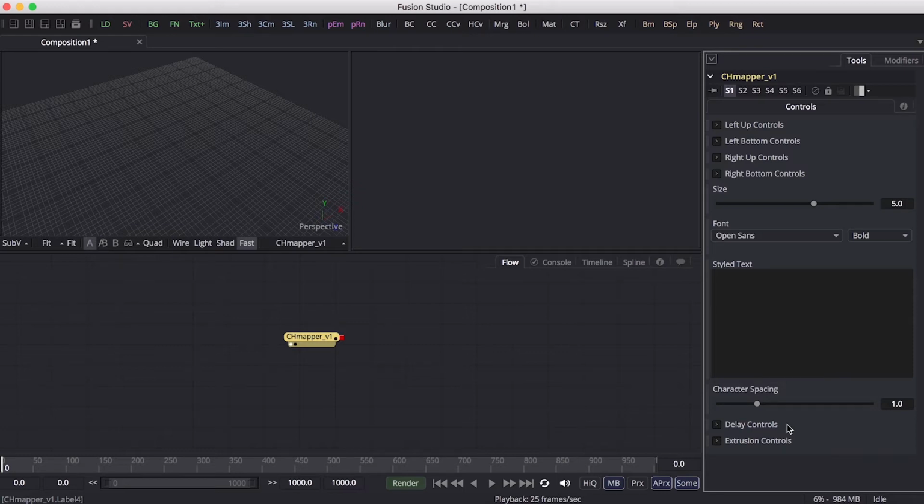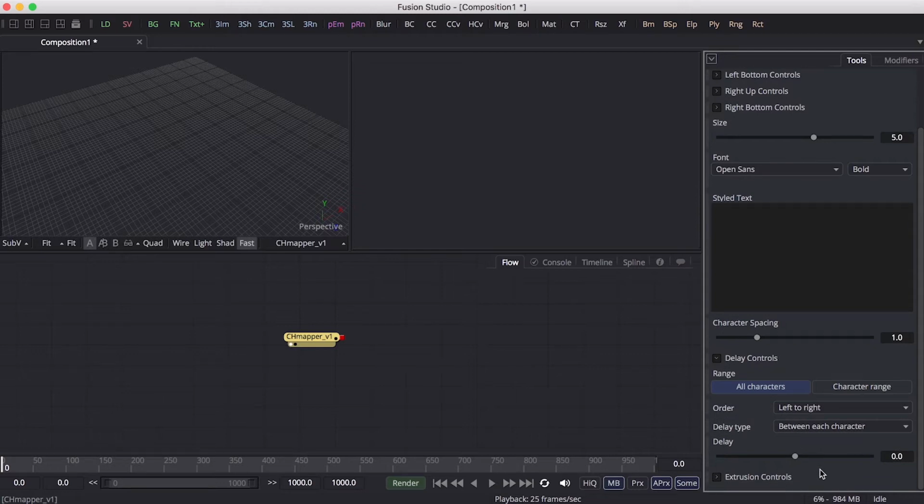Under the delay controls menu, you can set up the direction of the effect here. By default, it's left to right. Below that you can set up its type, which means whether the amount of delay is applied letter by letter or to the full word.